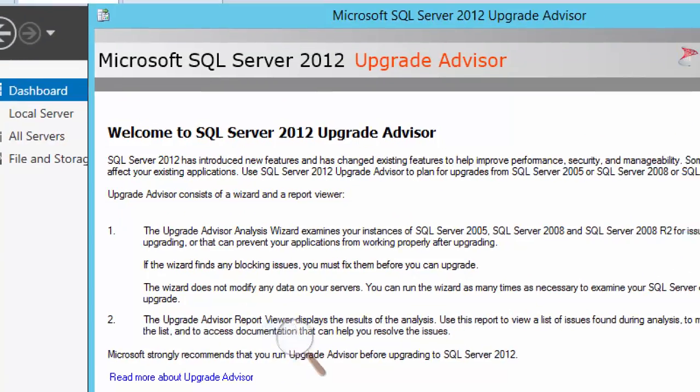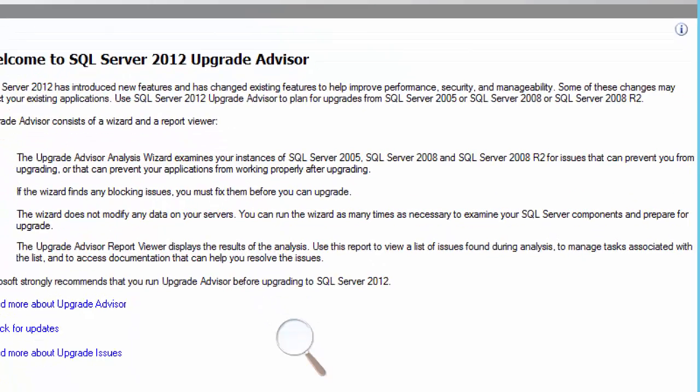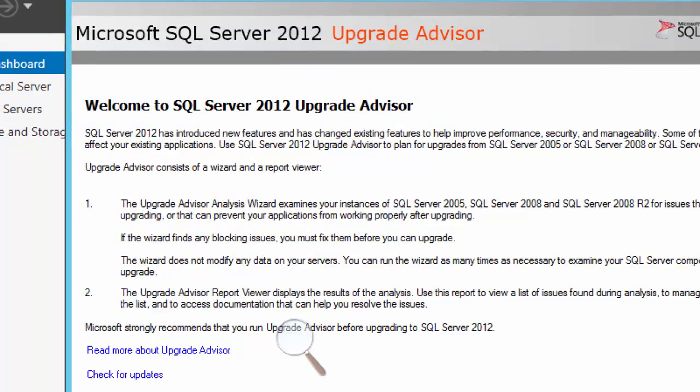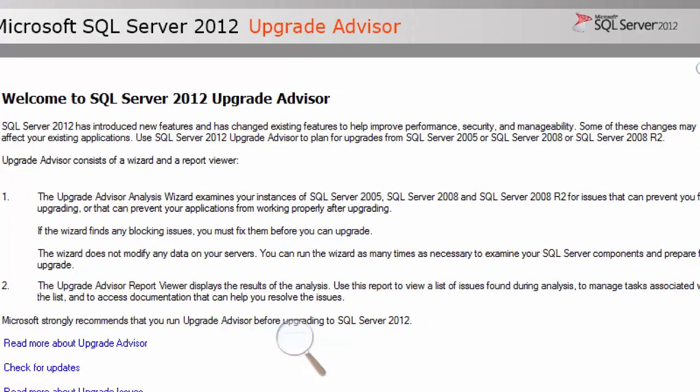Microsoft SQL Server 2012 Upgrade Advisor has introduced new features and has changed existing features to help improve the process. It will examine your instances of SQL 2005, 2008. So this is the older edition right now, and it's going to try to examine the older servers.